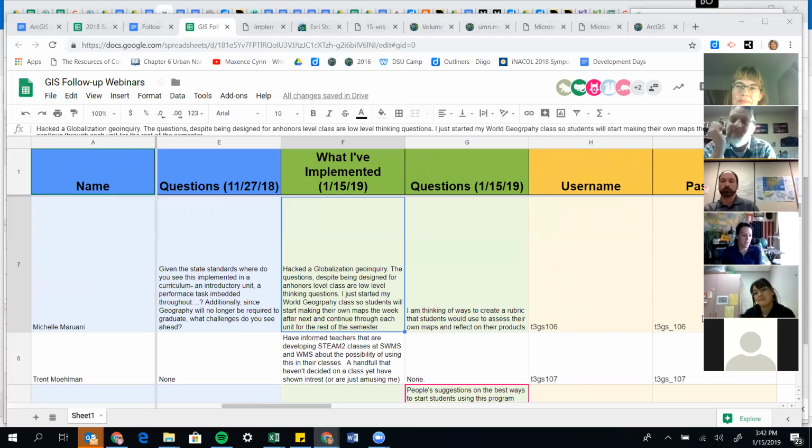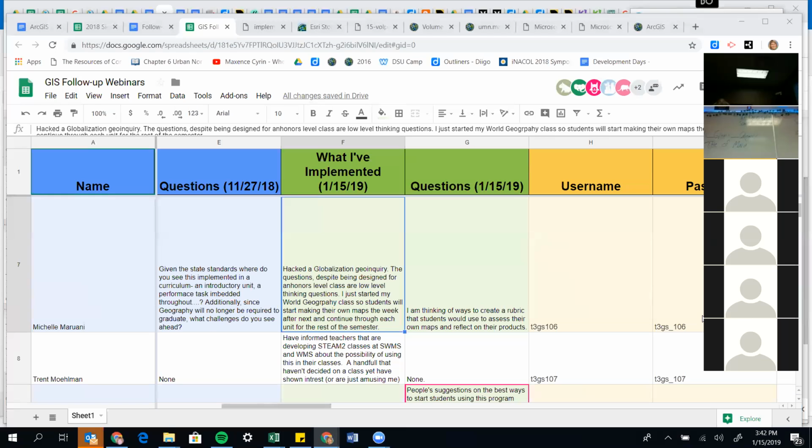So I've done that, and my intent is to use this with every unit, to actually be building maps and working on that every week when I meet with them, because I only meet with my kids live twice, and then the rest is video based. So we'll be using it every week. We are going to win the competition.